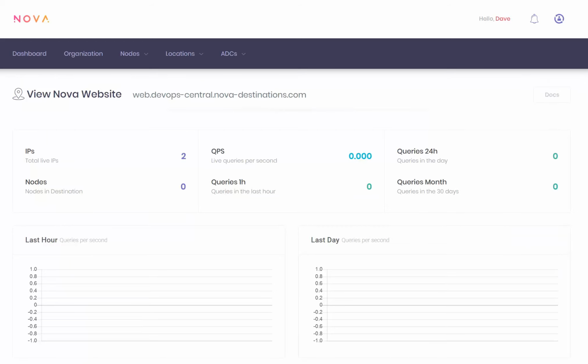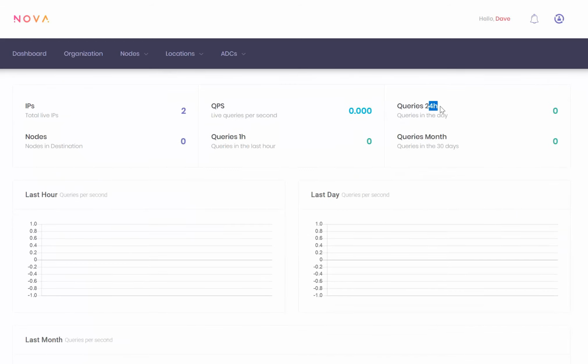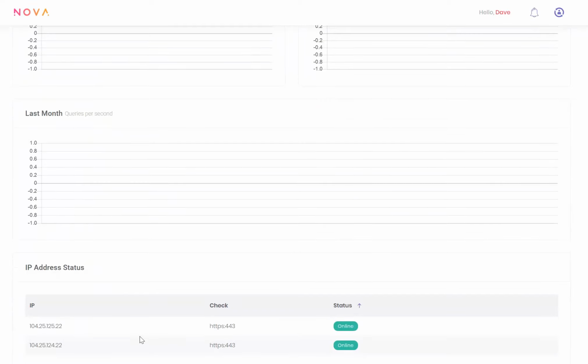So you can see your queries per second, your queries in the last hour, 24 hours, the month, and so on, as well as the status of the two IPs we added, allowing us to easily see if anything is down, and we'll get notified if that happens. Should one of these go down, Nova will automatically update the DNS so that all of your clients will move over to the live site or split it between them. You can do active and backup if you need, and all of that sort of thing as well after this